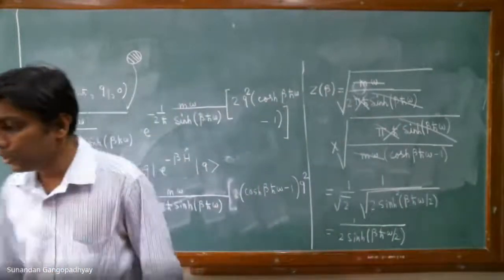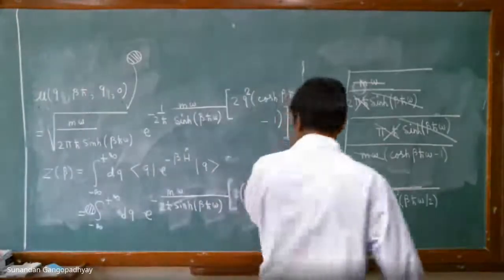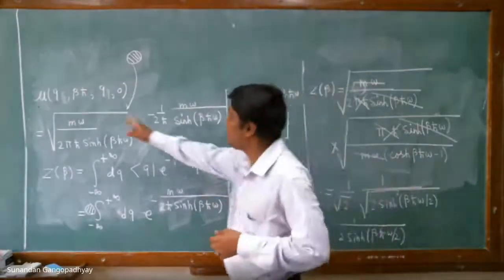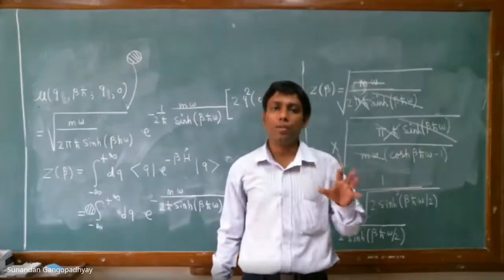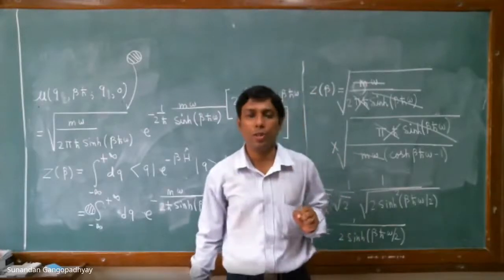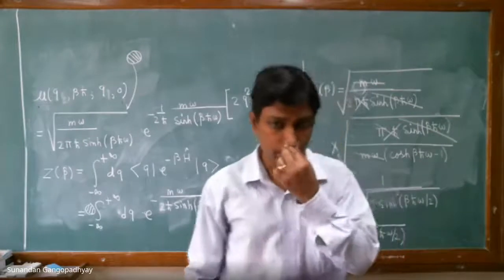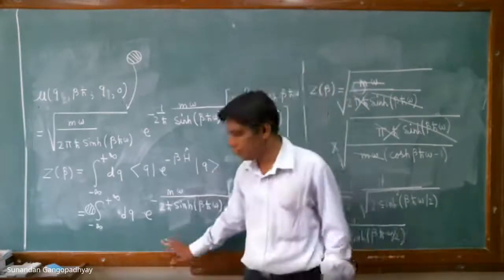So what we shall do in the next lecture is the following: we shall try to calculate the expression for the propagator of the quantum harmonic oscillator in one spatial dimension. This we shall do in the next lecture. So I think it is a good point to stop now.